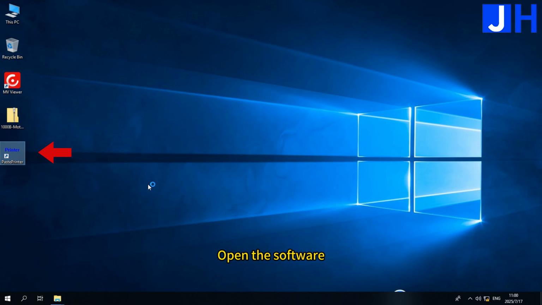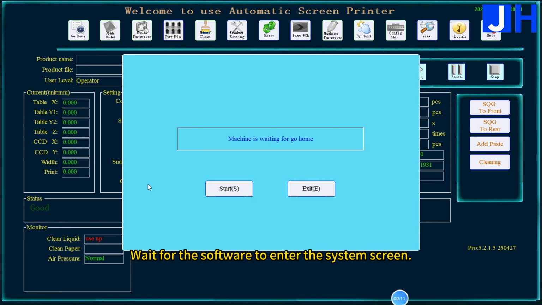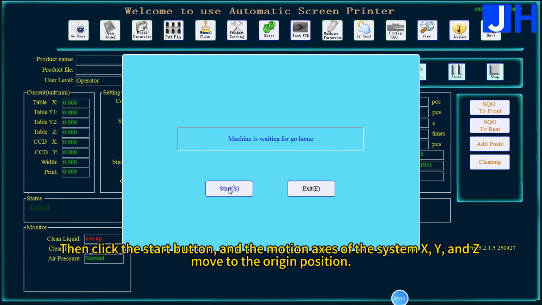Open the software. Wait for the software to enter the system screen. Then click the Start button and the motion axes of the system X, Y, and Z move to the origin